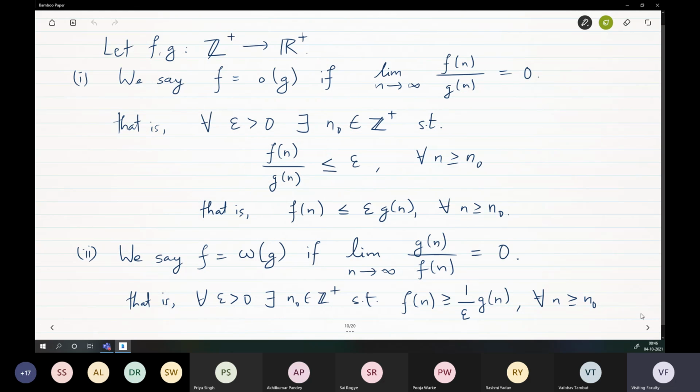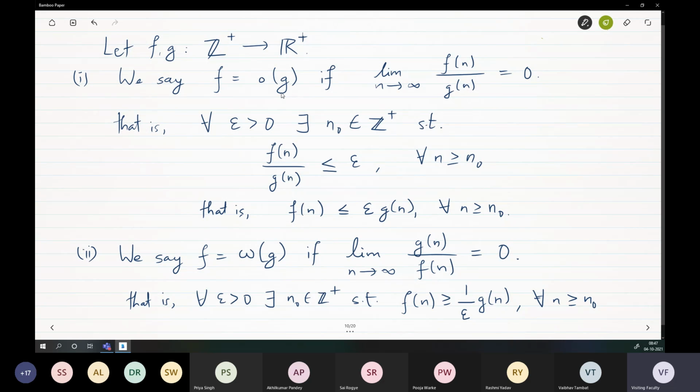That is the idea of little o and little omega. So when we say f is little o of g, g grows strictly faster than f, not just faster than f. When you say g grows faster than f, it is still possible that f and g grow at the same rate. It's like saying greater than or equal to. But now when you say little o, it means g is strictly faster than f. That's why, for little o, you should think of it as saying f is very, very small as compared to g. That's a good way to remember this.